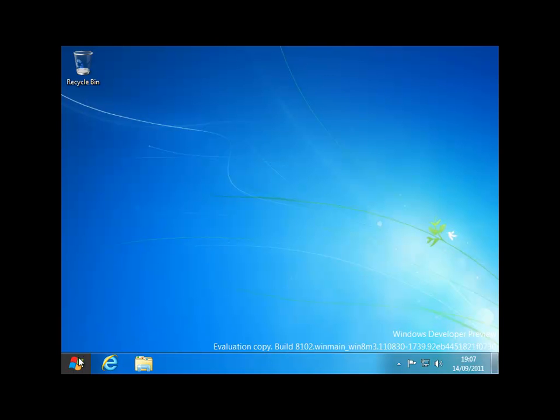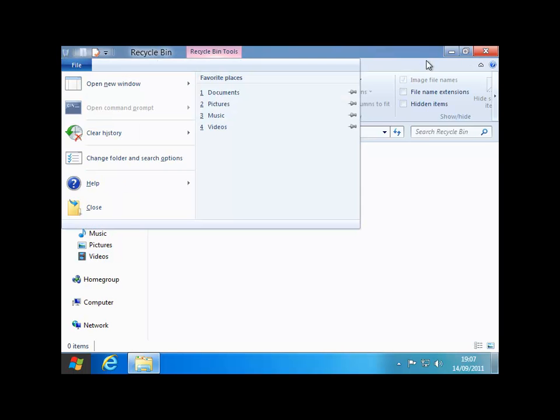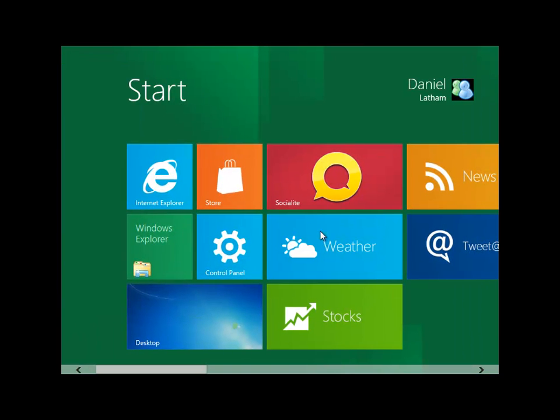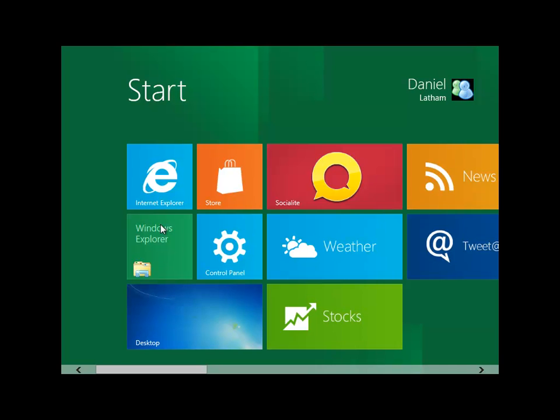Yeah, so I don't think you can really use the desktop in the way that you used to be able to, which is something that's probably going to come as a disappointment to most users. I mean, I know you can still use it and it's still here, everything's still functional. You can see I'm going through everything, everything's normal, but you still really, ideally, have to launch your apps via the Metro UI here. So let's just have a little walkthrough of some of the apps that are on the